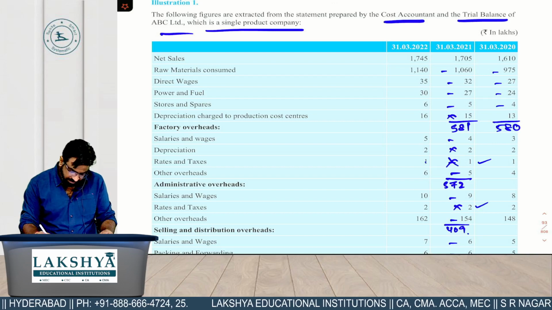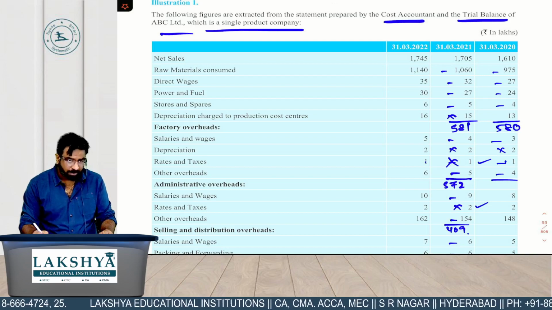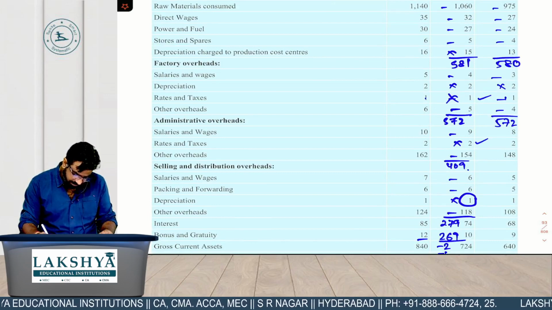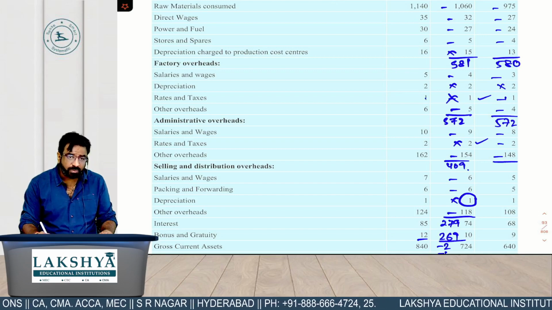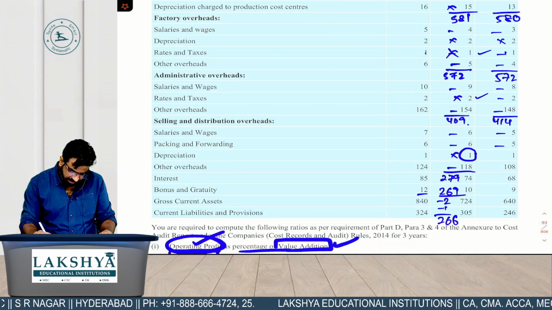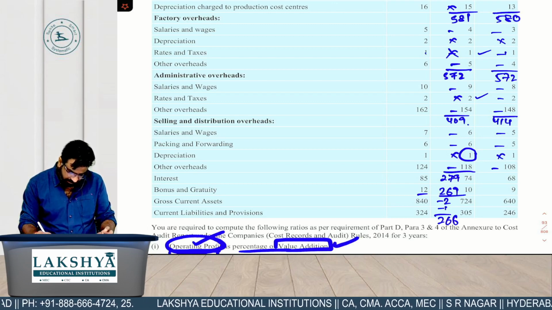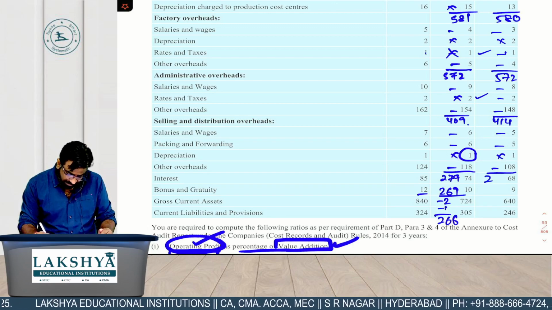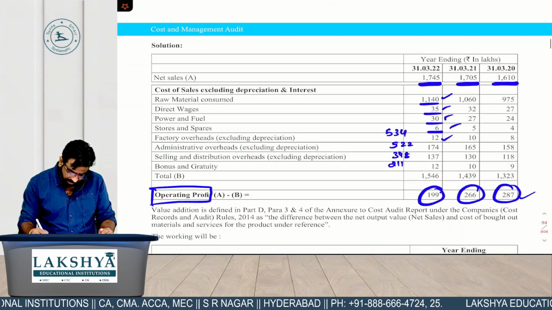Okay, next one minus 3 minus 1 minus 4. 572 minus 8 minus 2 minus 148. 2414 minus 5 minus 5 minus 108. 296 minus 9, 287. अभी वैल्यू एडिशन कैलकुलेट करो